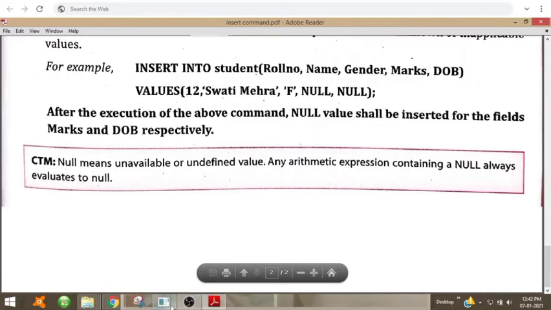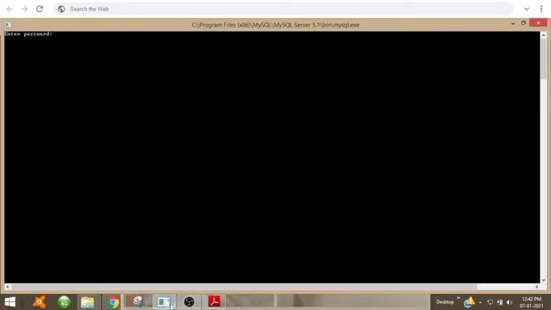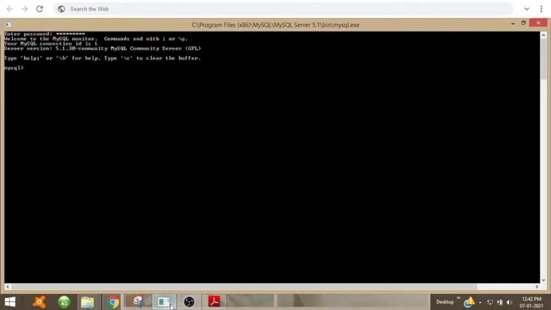Okay, let us see how to insert a record. For entering into MySQL, first type the MySQL password. Then the MySQL prompt will appear like this. We have already created a table, so for that we have to open the database. First we can see what databases there are: show databases. I have created many databases: factory, friend, MySQL, office, school, teacher, test, etc.